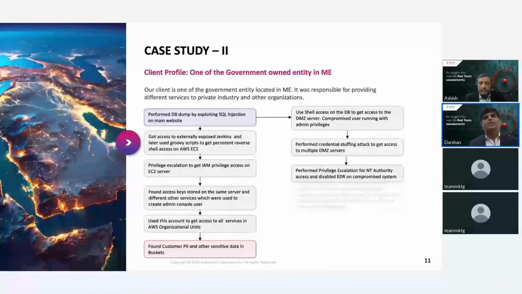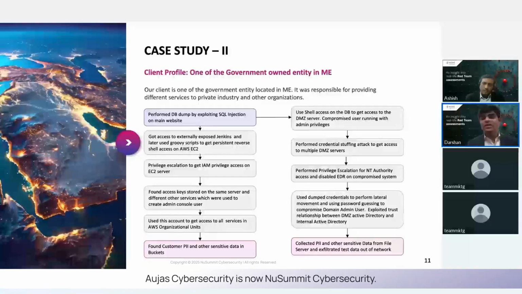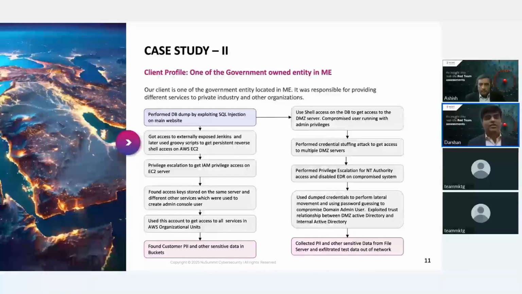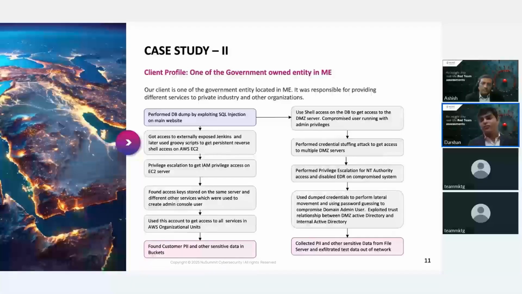Yes, certainly. So, Ashish, as you correctly pointed out, from region to region, the dynamics are different. There are various trends that various regions follow, right? For this particular government organization that we did red teaming for, right? They had invested heavily into security solutions, right? Again, coming back to my basic point, does investing into security solutions really secure your environment, right? That is where this particular case study opens the floodgates and gives you a brief overview about what needs to be done exactly, right? How to basically protect against real world adversaries. Is it enough to rely on technology, or do you need some kind of manual effort to complement it, or should there be a balance between manual or automated